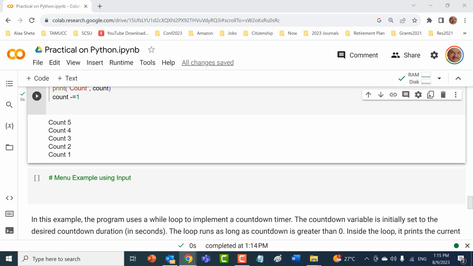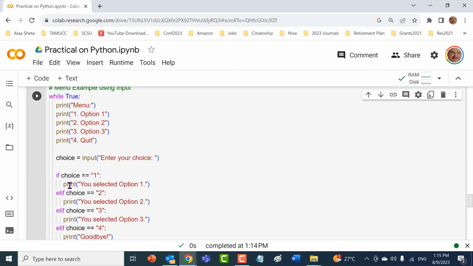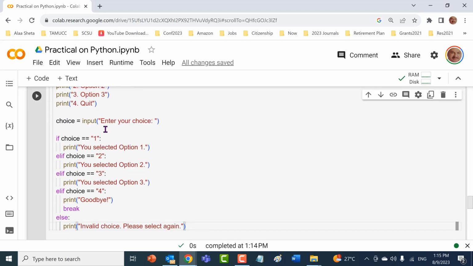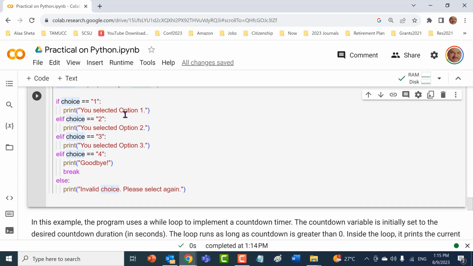All right. Now I can also do some kind of menu based on the while loop. Simply, I will show you some example. I don't want to take much time on it, but I will show you this example. Now this example says while true, while true is okay, I'm printing the menu and selecting option 1, option 2, option 3, and then quit. Then I'm accepting the user's option, which is going to be a choice, a string, and that's why I put the string here, if it is 1 or 2 or 3 or 4, and so on. And then if your selection is option 1, it means you selected 1, you selected 2, and if you selected 4,